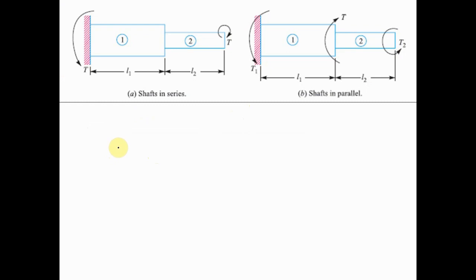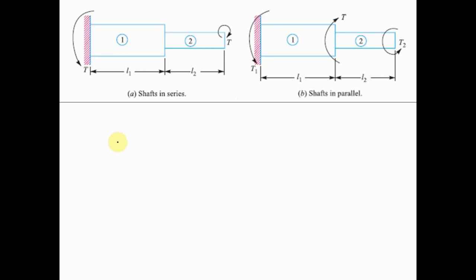So shafts in series and shafts in parallel is basically a continuation of the topic that we were discussing in the last video, design of shafts. It can be extended to shafts in series versus shafts in parallel. Till the last video we were having only one shaft, whether it was solid or hollow, but here there are two or more shafts. When two or more shafts are connected in series and parallel, the concept is known as shafts in series and shafts in parallel. So the first concept, shafts in series, let us discuss that first.